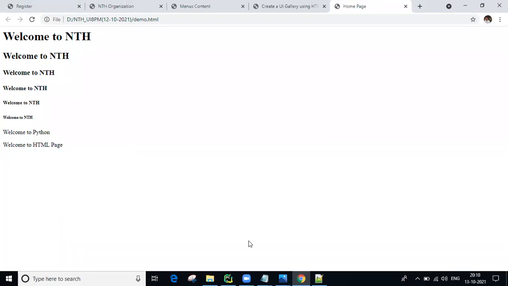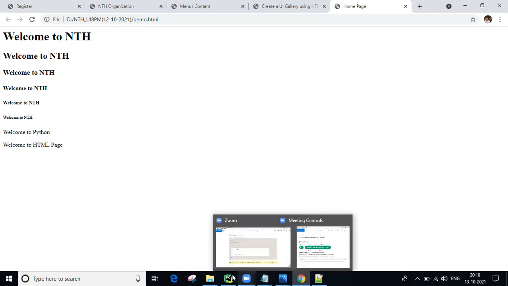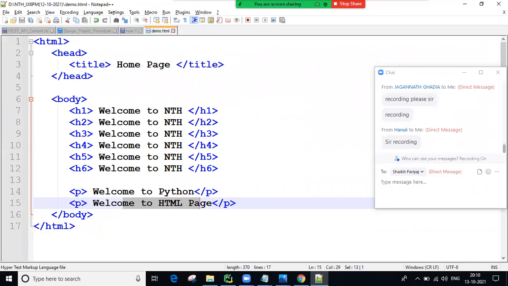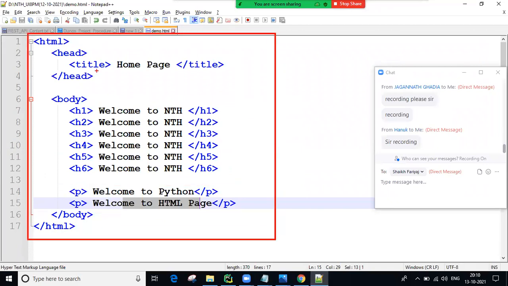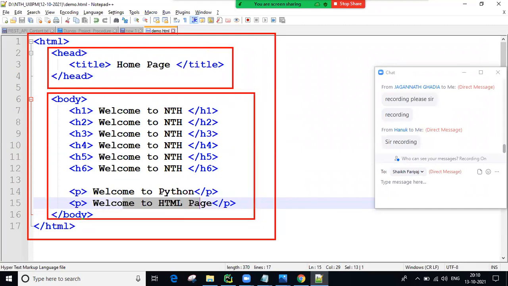I told you in the last session, the HTML basic syntax: the HTML tag is required, guys. Remember, the HTML tag is the parent. It has two major children, head and body. Inside head, n number of tags we can write, and we regularly write the title tag.